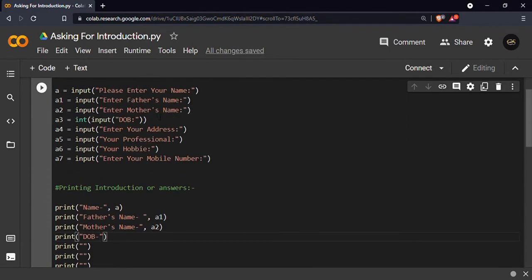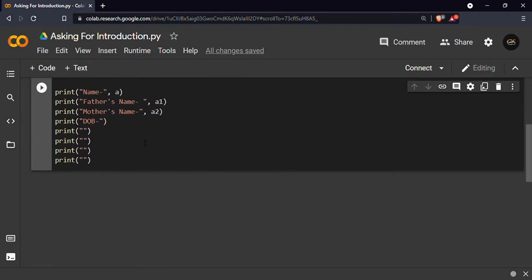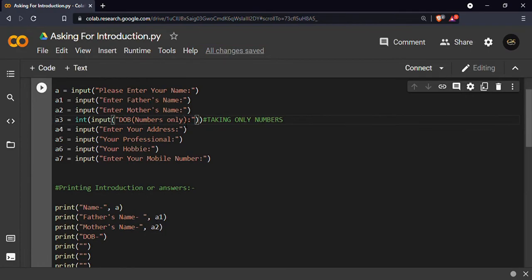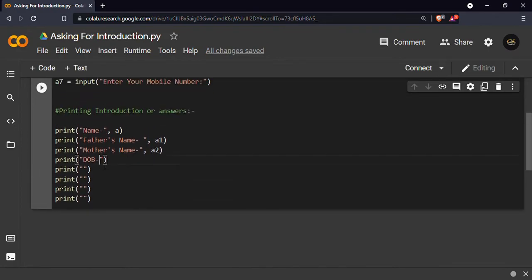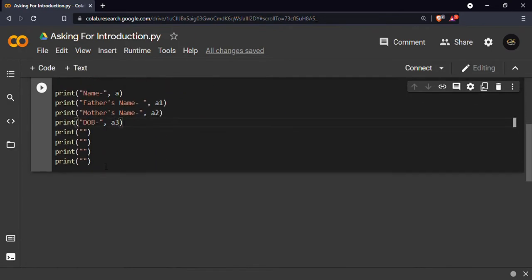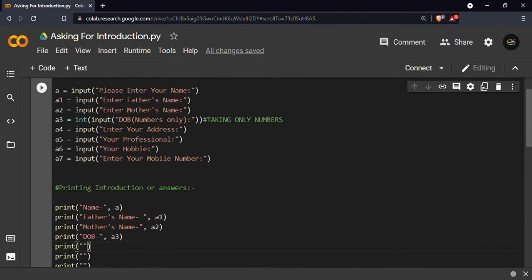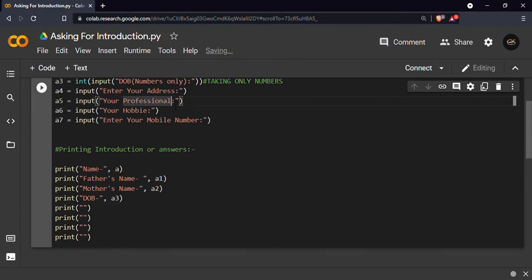Wait, I have to leave one comment here also, that taking only numbers, and here we have to take this and dob equals to numbers only. Yeah, then dob equals to a3 I think, yeah, and here what is there, address, profession, sorry, professional one, yeah, profession address,